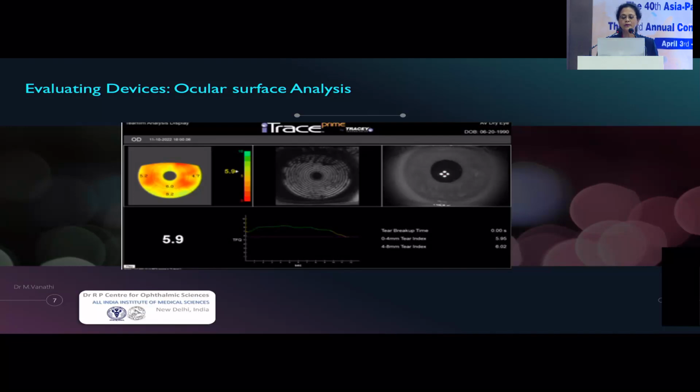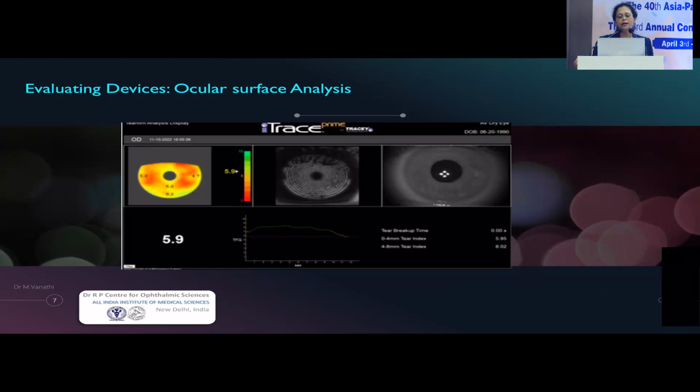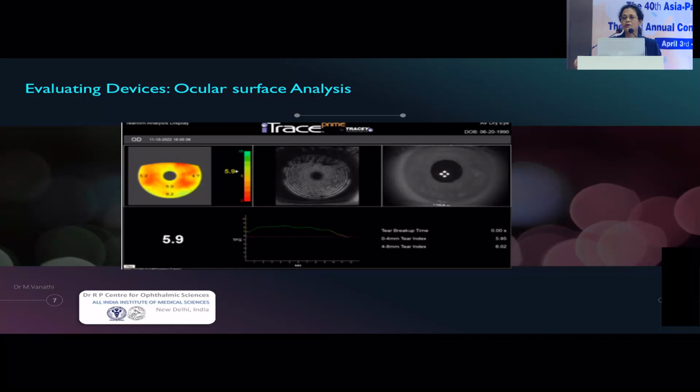When you use evaluating devices, keratometry has a very imperative role in the amount of astigmatism you are estimating, and also in the calculation of the spherical power of the intraocular lens to be implanted. Evaluating the ocular surface is a very imperative process, and most of these patients are elderly, postmenopausal women having other associated diseases like rheumatoid arthritis and Sjogren's. If their ocular surfaces are compromised, that's something you need to optimize and evaluate with simple in-office ocular surface evaluation tests,